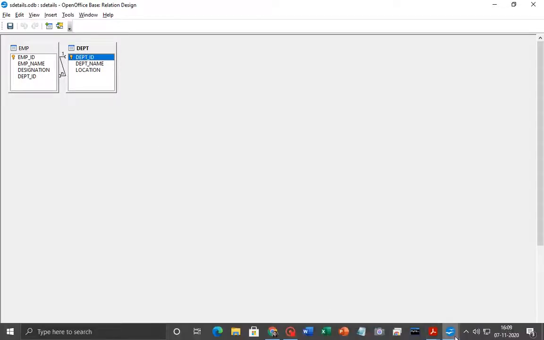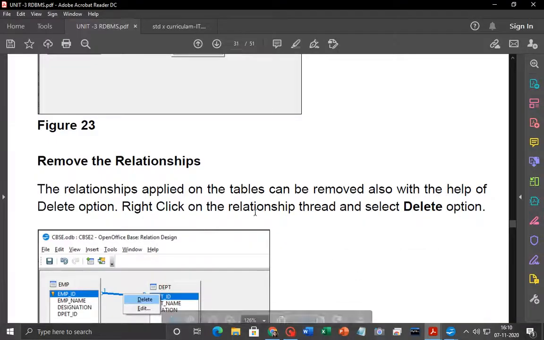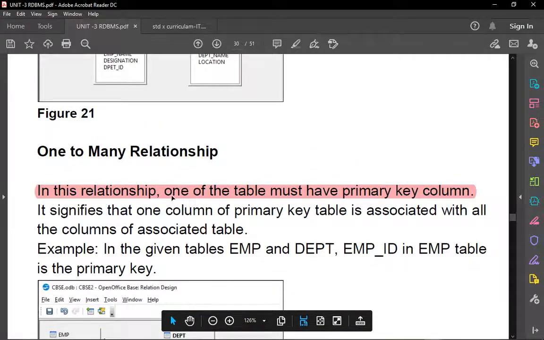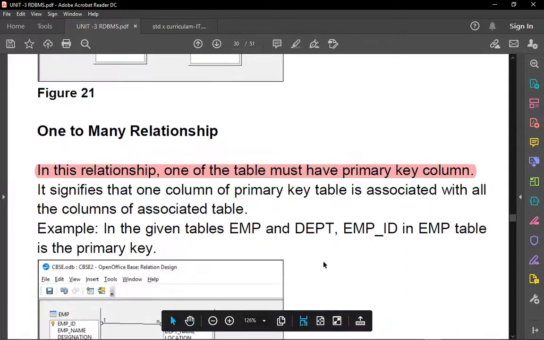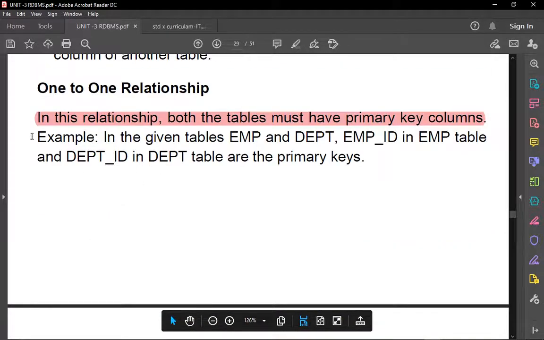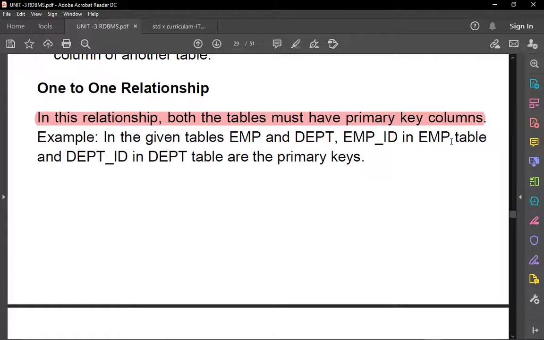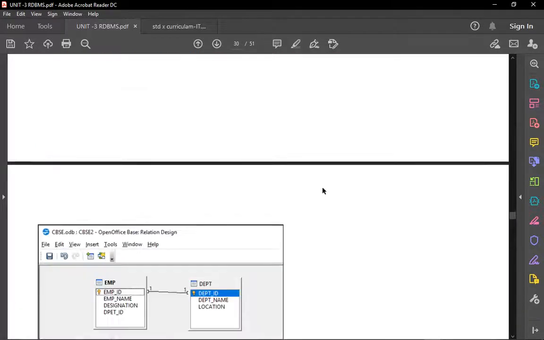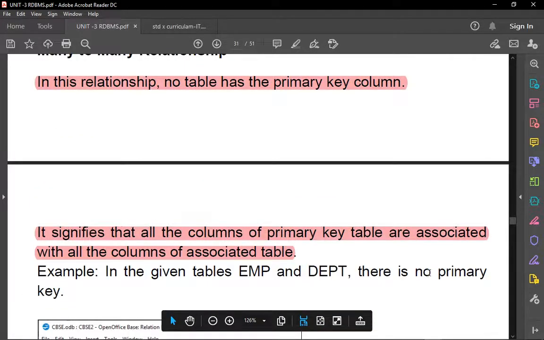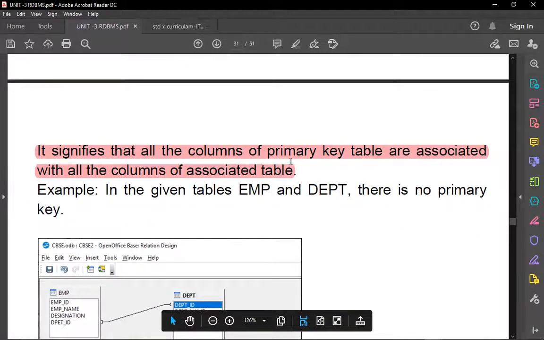Sorry, one to one relationship, we must have primary key in both the tables. In one to many relationship, any one table should have a primary key, and in many to many, both the tables need not have the primary key.